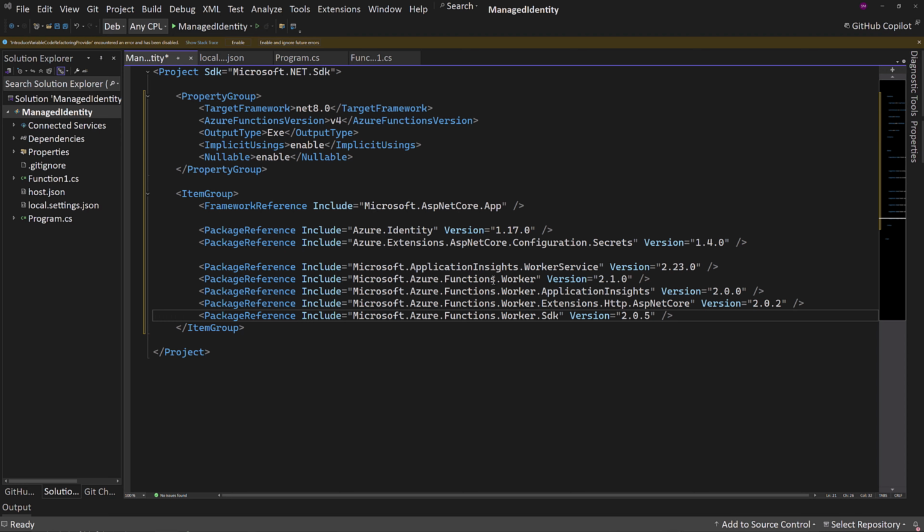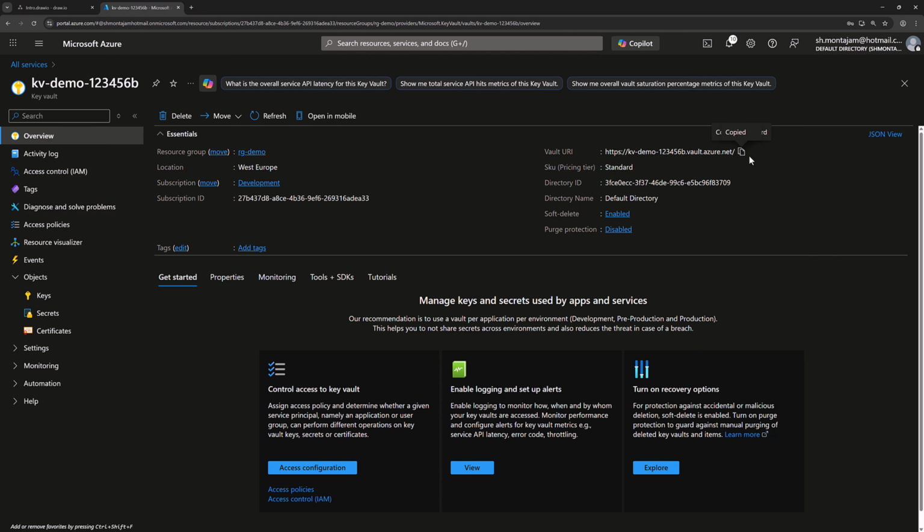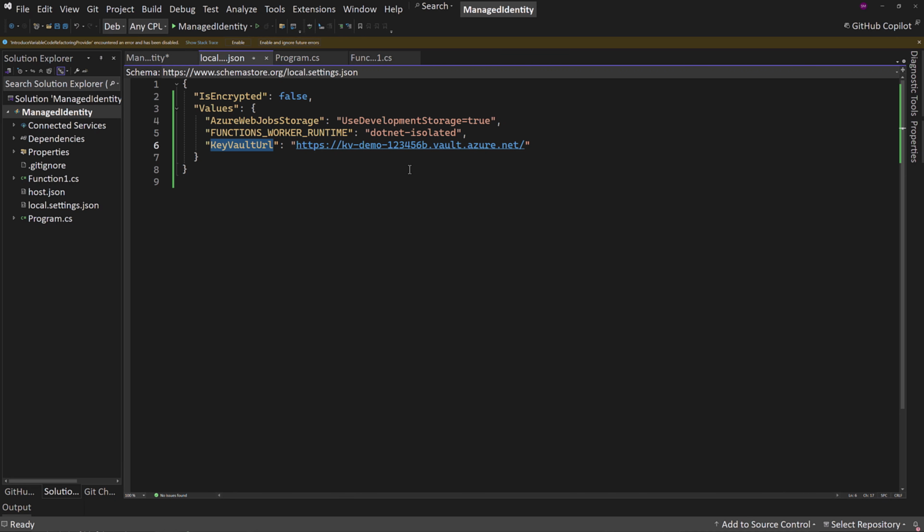So in the project file, as you can see, I installed the Azure Identity NuGet package, and also Azure Extensions ASP.NET Core configuration secrets to be able to work with Key Vault and configurations. Okay, let's go to our local settings file here. Here we need to bring the Key Vault URL, which we have in Microsoft Azure. Exactly this URL we need to copy and paste to that place,